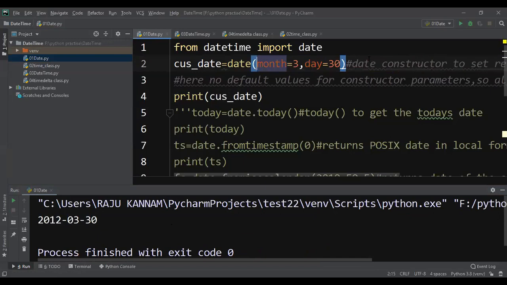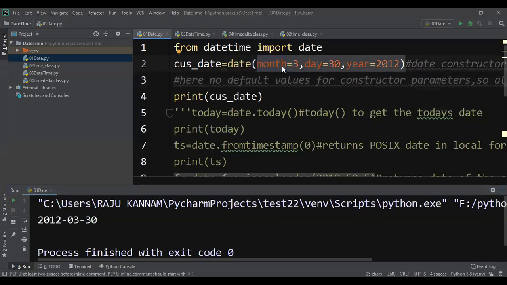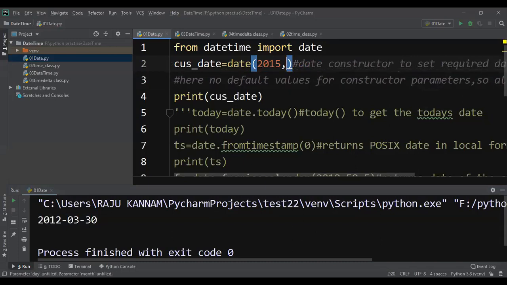First you can mention the month, then the day, then the year, right? Still you are getting the output as per the ISO format. That means if you want to give your own order, first the day, then the month, then the year, then you have to mention the parameter names also. Otherwise, it takes the default order: year, then month, and day.